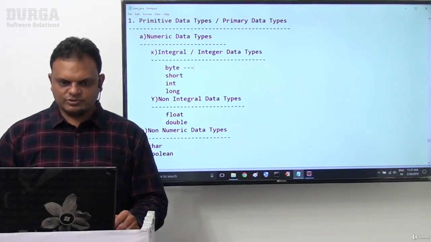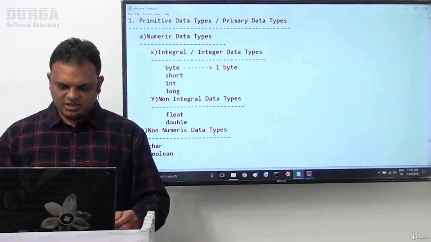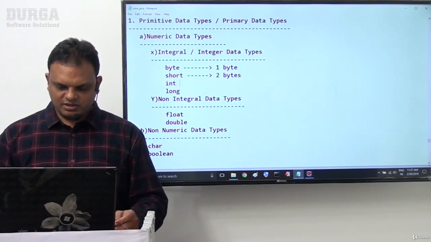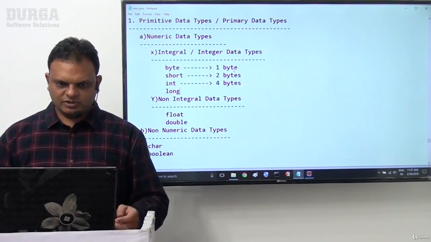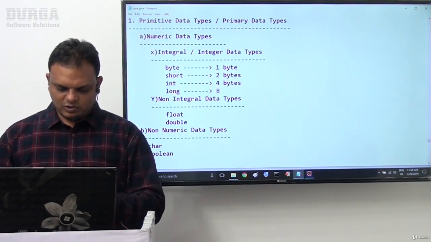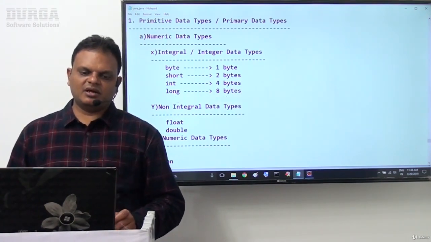If you observe these types now, byte will take 1 byte of memory. Short will take 2 bytes of memory. Int will take 4 bytes of memory. Long will take 8 bytes of memory. These are the integral or integer data types.